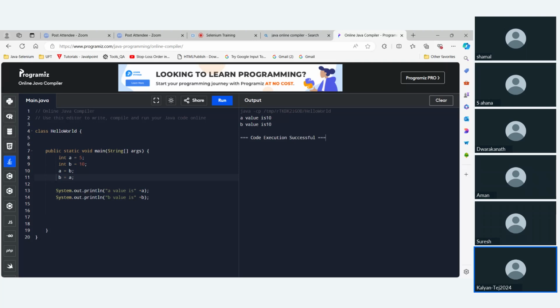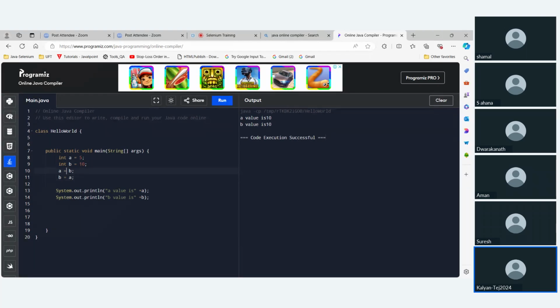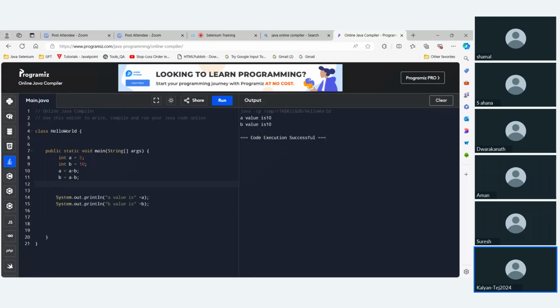Now I want the numbers swapped, with the result stored in A. Without using a third variable, you can use the arithmetic operations or the bitwise operators. Write A equals A plus B, B equals A minus B, and in the next line A equals A minus B. Yes, awesome, perfect.